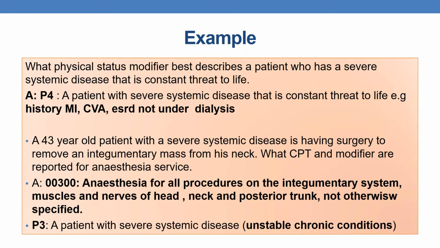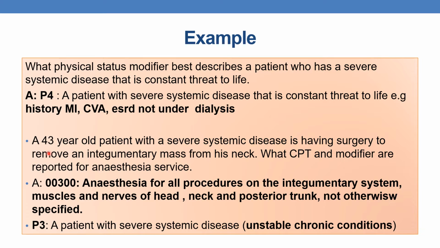Now let us discuss an example. What physical status modifier best describes a patient who has severe systemic disease that is a constant threat to life? The answer is P4. A patient with severe systemic disease that is a constant threat to life. Example is MI, CVA, ESRD not undergoing dialysis. Next example, a